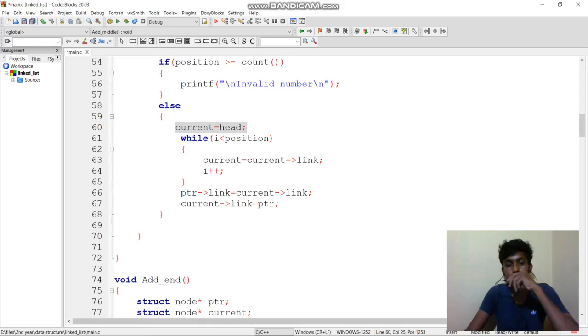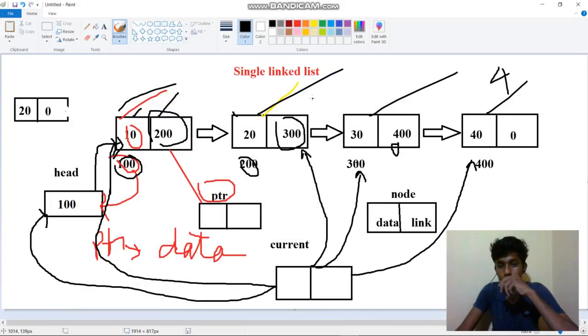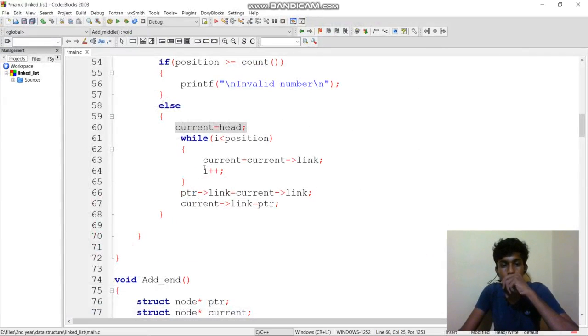If you want to add a node between 1 2 3, that is between 2 and 3, the first I is 1, so position should be 3. Position is 3. So up to this it will go. I is 1, position is 3, so 1 is less than position.